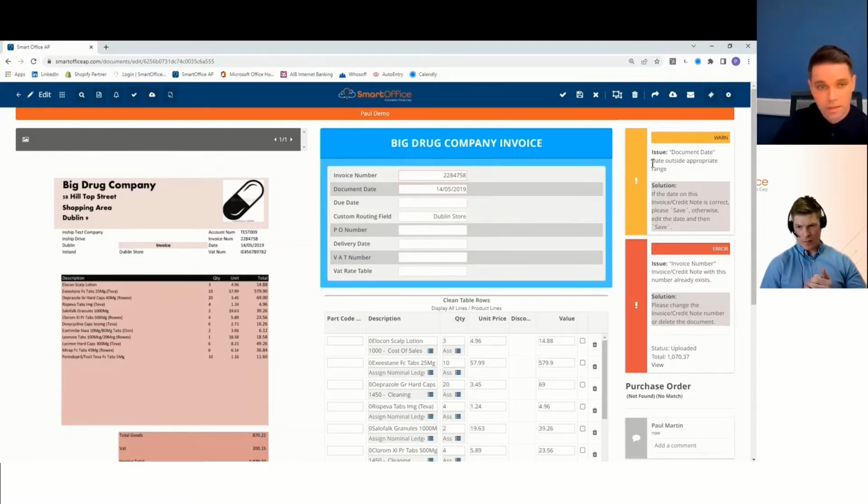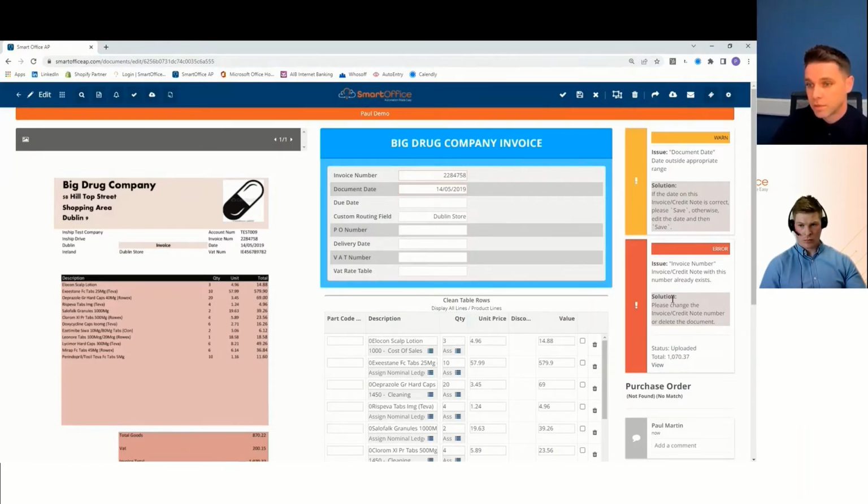Very simple people here in SmartOffice with color coding. Orange means that we assume something is a little bit strange and we think you should have a look at it. In this case, it's the document date. We're in 2022, we're getting an invoice from 2019. That's either an error from the supplier or it's possibly an attempted invoice fraud. So we're highlighting that and you can decide what to do with it.